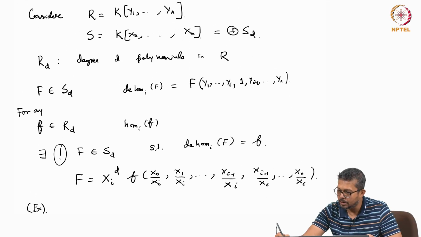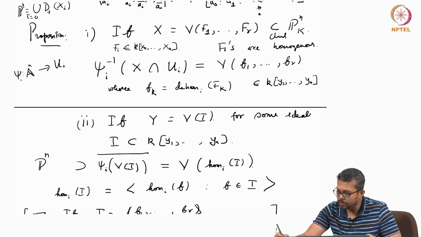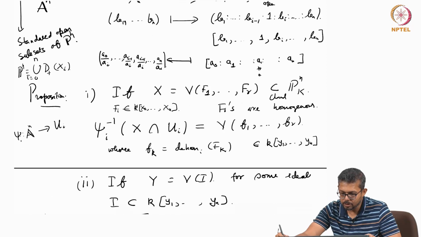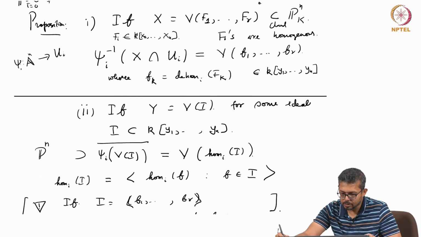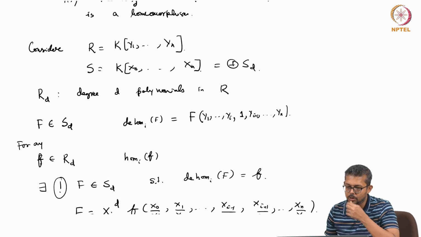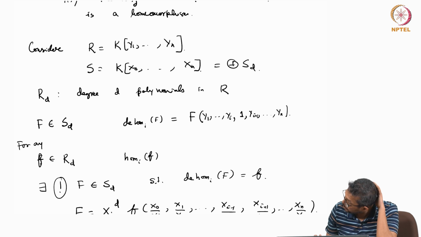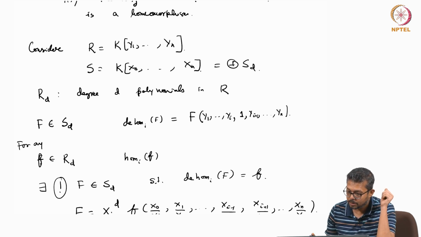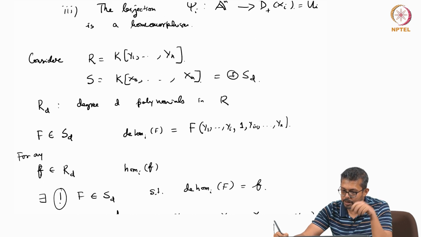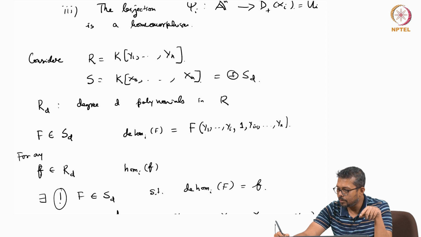Let us recall in lecture 10, I was talking about dehomogenization and homogenization. So if you start with two polynomial rings, R and S, one in n variables, one in n plus 1 variables, then if you take some polynomial in R,